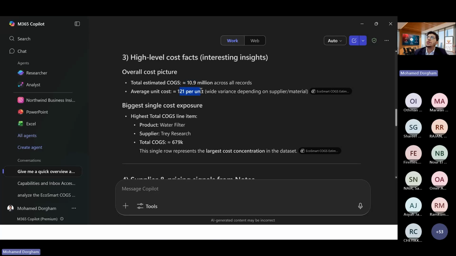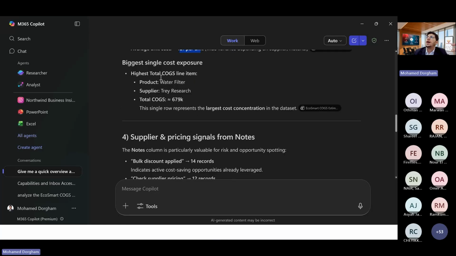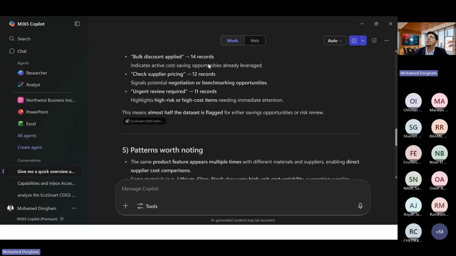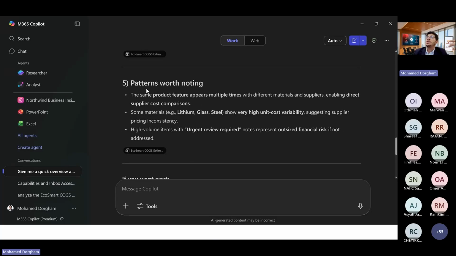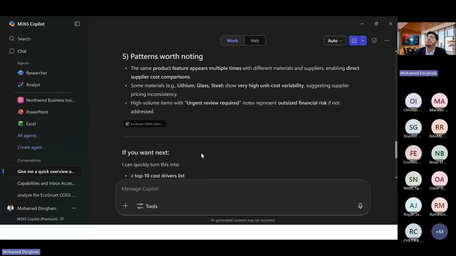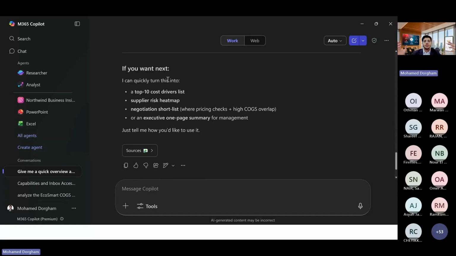The average cost is 121. I also see the biggest single cost exposure. And moving forward, I can see some information, some prices, some patterns, and more. Okay, so very quick. Now after that, let's open this up.